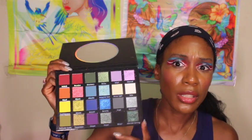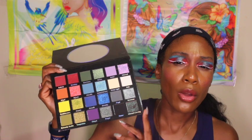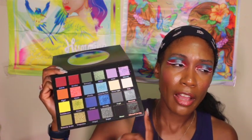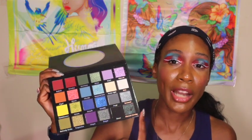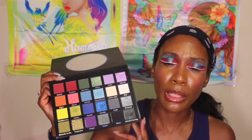I like this one a million times better than I like the Glam Light X Kiss palette, because I bought it to compare to that one along with the Bella Beaute Bar one. The Bella Beaute Bar one and this one outperformed the Glam Light one. So I definitely recommend, if you want a palette like this, to either get the Bella Beaute Bar one